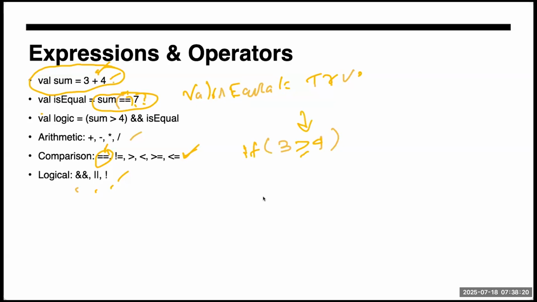Let's suppose you wrote something like this, and if you want to give some other logic, this is the and. If you want to use or, then you will use this, and not is this. That is the three things here.